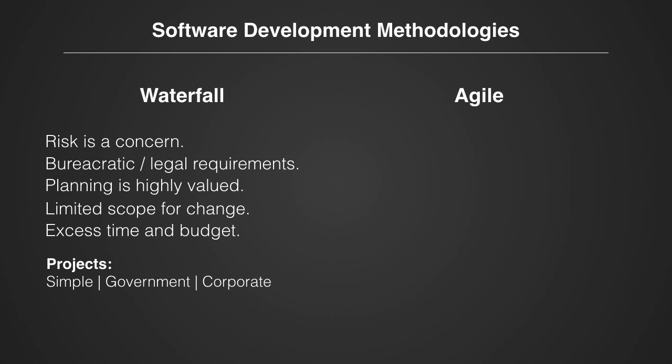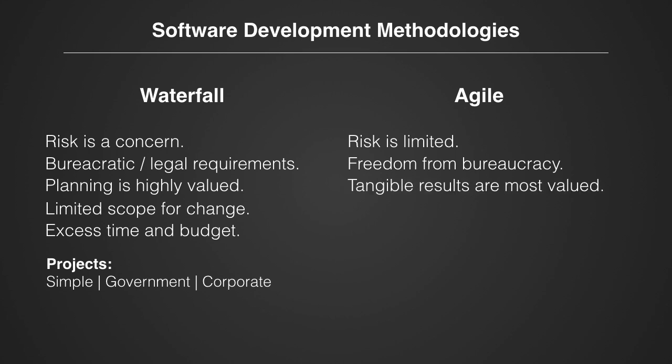Meanwhile, Agile is better suited to projects where risk is limited to a point where failures have no serious consequences. There is freedom from bureaucracy, opening more creativity in the development process to focus on activities that directly progress the development of the software system. Tangible results are most valued, that is, working versions of the software and not just documented ideas. Change is an expectation of the project,